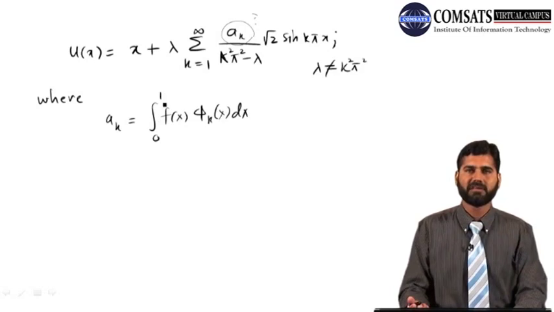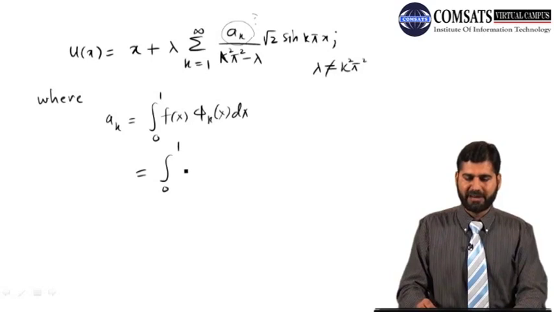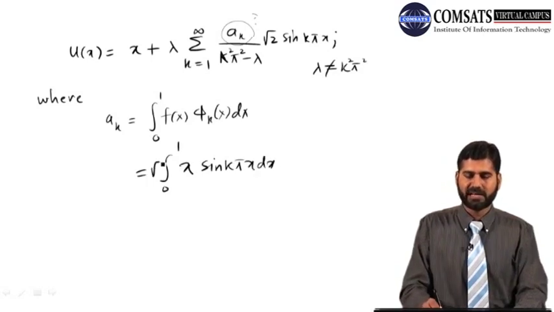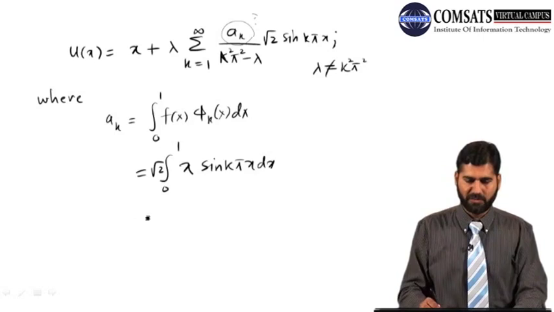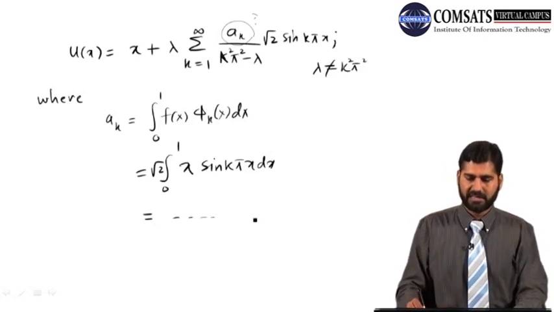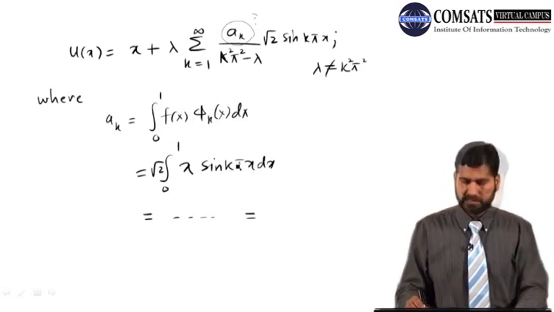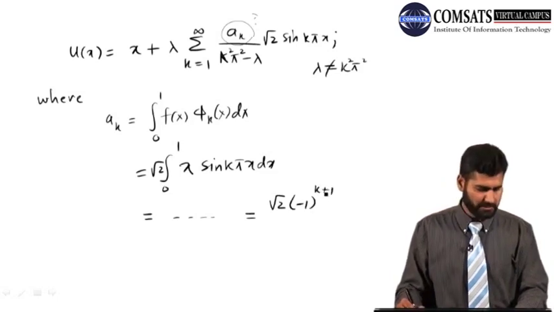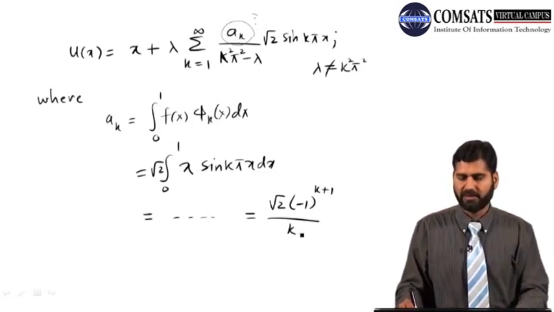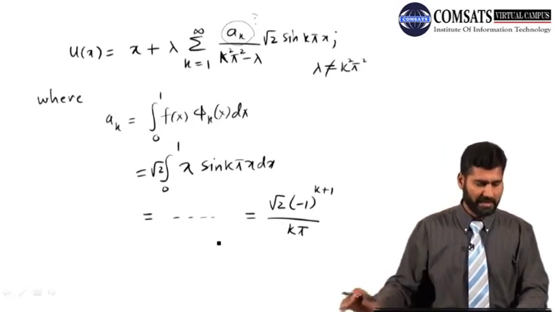This was the formula for a_k, so I can easily find this one. f(x) is x, phi k of x is sine k pi x, and there is a square root of 2 with it, which I can bring out. Here you need to integrate by parts, and the answer is square root of 2 times (minus 1 to the power k plus 1) over k pi. So this is your a_k, and hence the solution becomes, so therefore